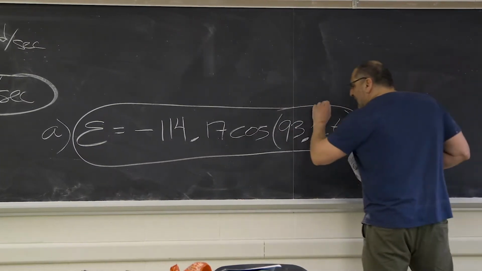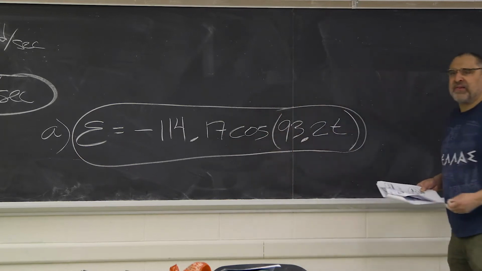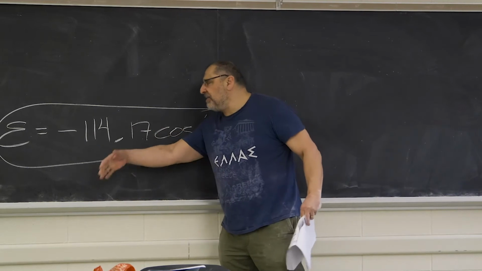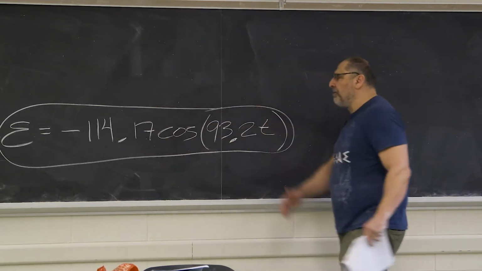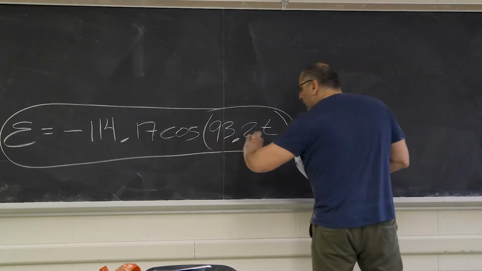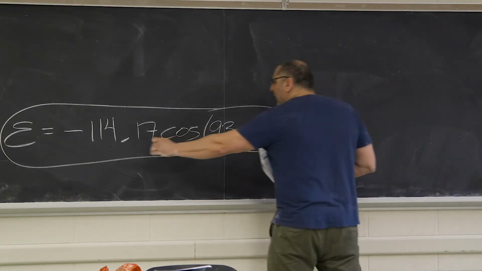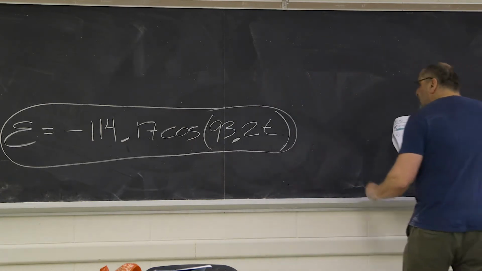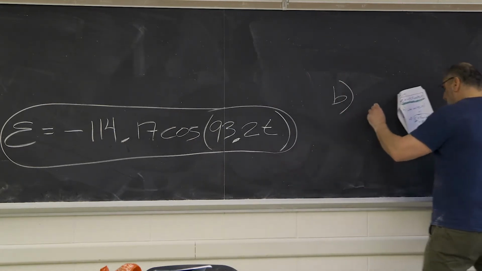When this is equal to 1, you're going to get the max. If you want to make it equal to negative 1 times negative, this is going to be 114.17 as far as magnitude is concerned. So when this cosine right here is equal to 1, you got the max. The absolute value of that max is 114.17. So for B, the E